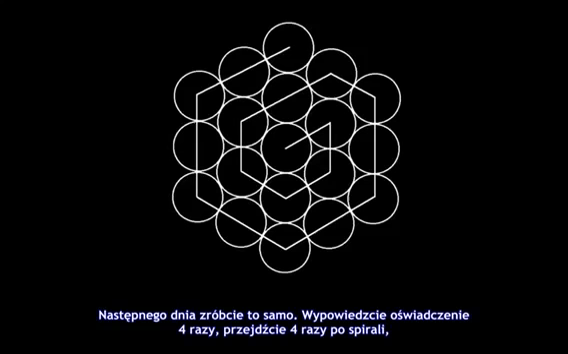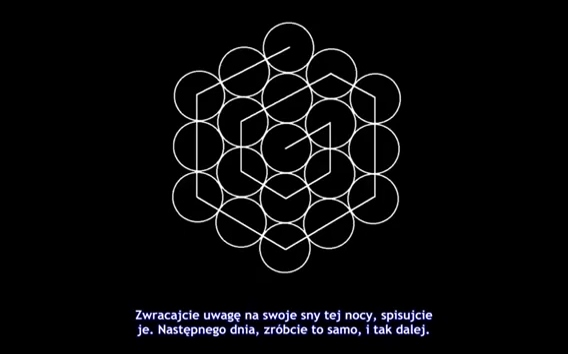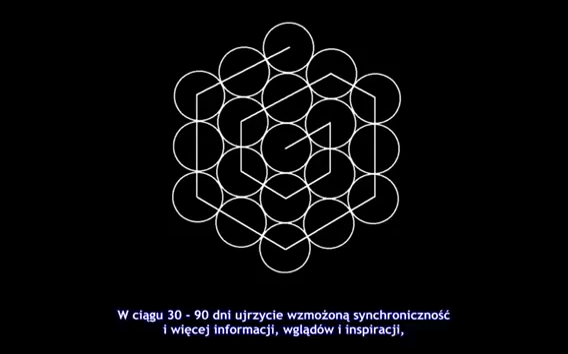Make the statement 4 times. Go up and down the spiral 4 times. Do the final spicing affirmation. Then pay attention to synchronicity. Write it down. Pay attention to your dreams that night. Write it down. And the next day, do it again. And again and again. Within 30 to 90 days, you will see an expanded increase in synchronicity and more information